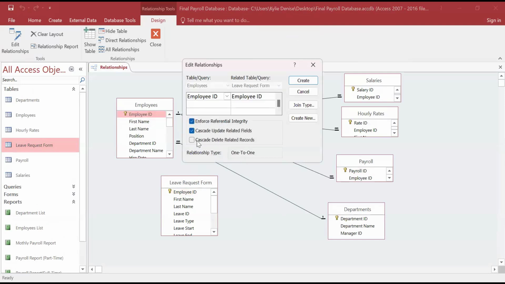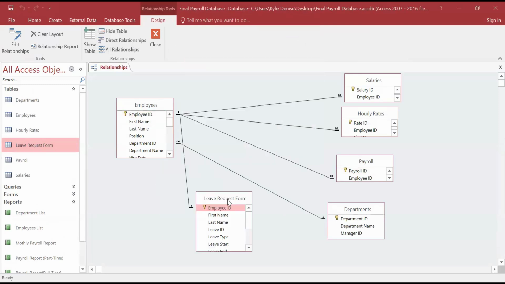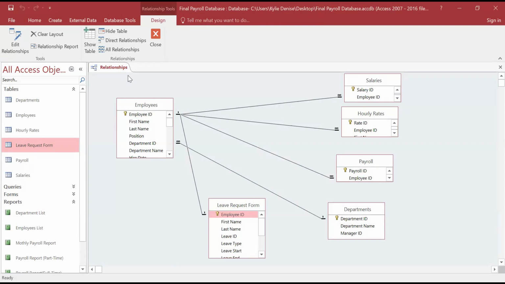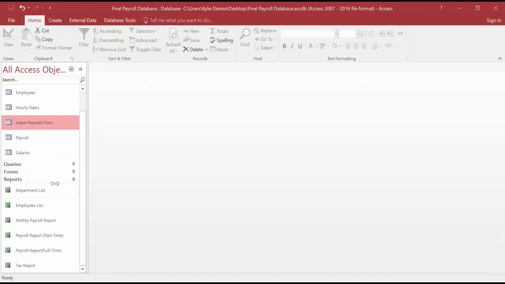Okay. And then all, and then create. Okay, that's all there is to it. Then close.